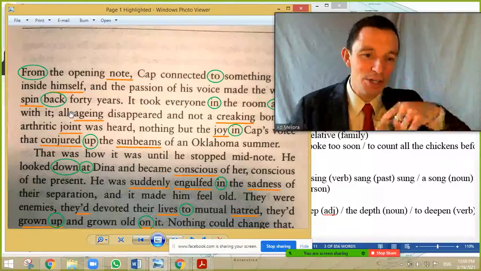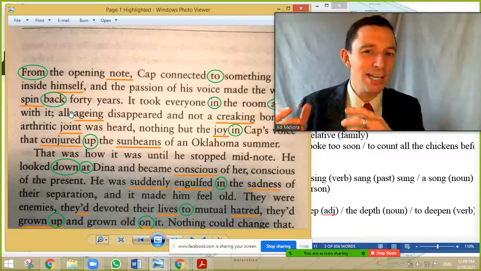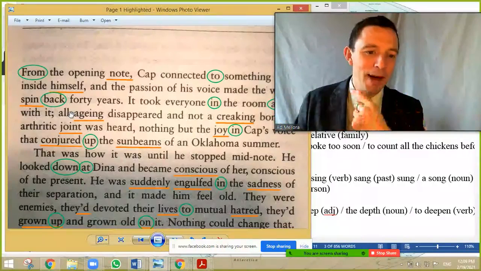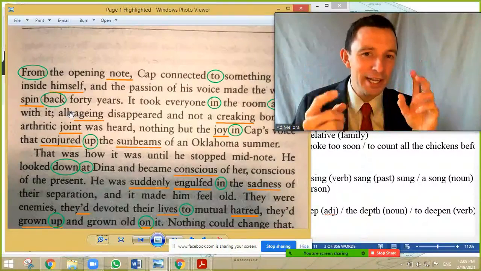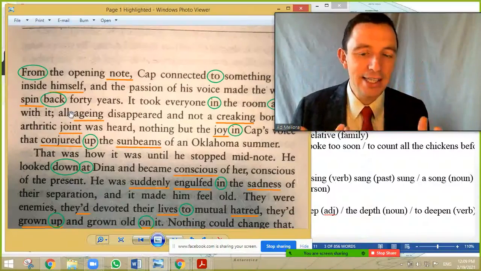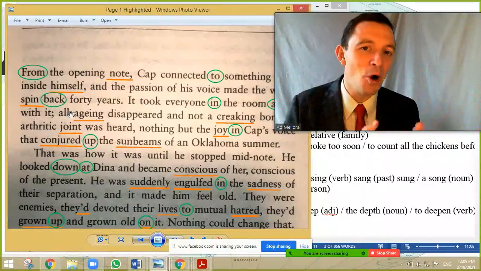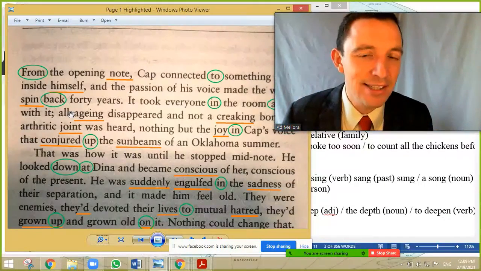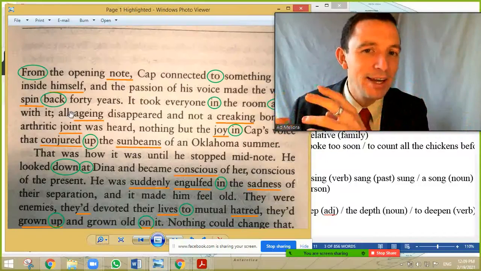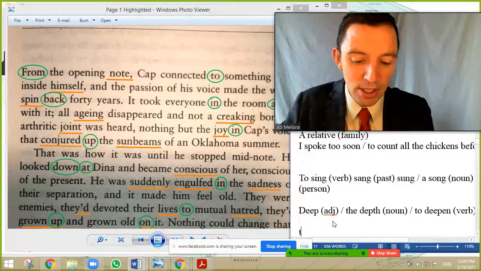Okay, like the washing machine, spin. The wheel, you spin the wheel. And to spin back is typical in the car. So you're driving and you spin back. It's very informal. To turn around. So to spin back is to turn around. And in this context for the years, to spin back is to go back in time. So it's more creative and more advanced significance for go back. Okay, but spin is a very important word, and we use it in different contexts.